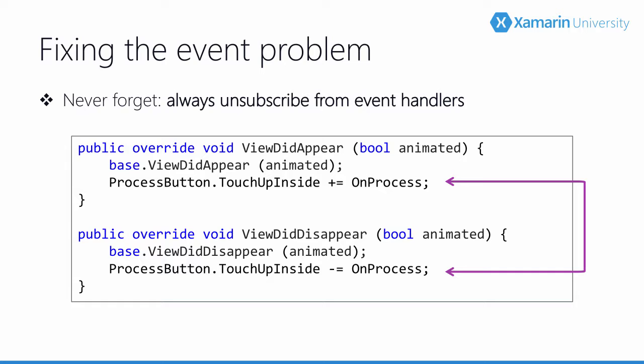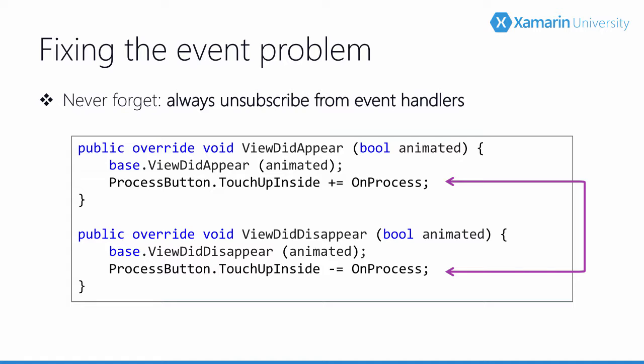So how do we fix this? Well, it turns out that the way we fix this is exactly the way we fixed our delegate problem earlier. We want to make sure that anytime we wire up to an event, we always unsubscribe from it. And so in our ViewDidAppear is where we're going to move our process button touch up inside wire up. And in the ViewDidDisappear, we're going to go ahead and do a minus equal to get rid